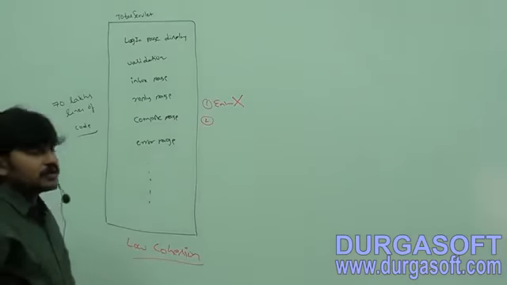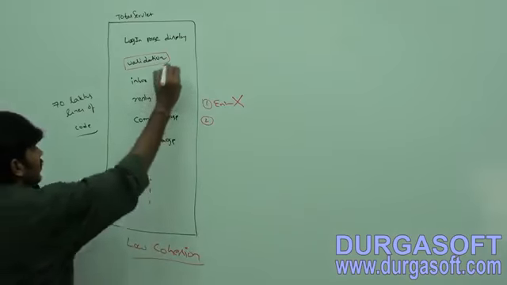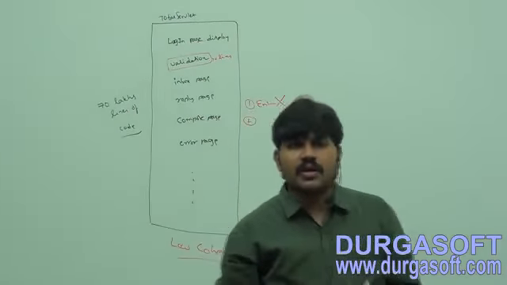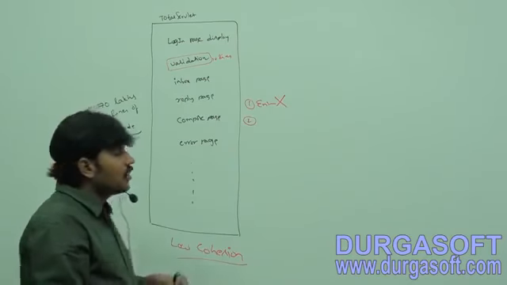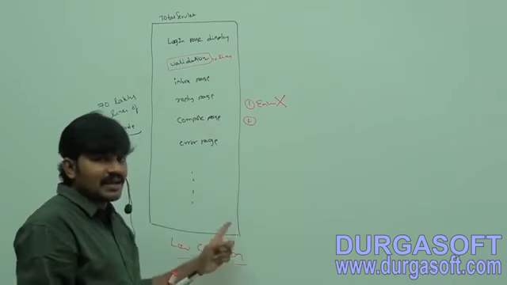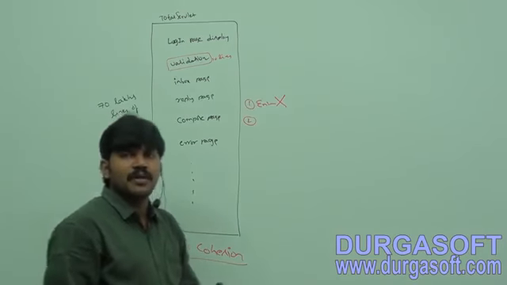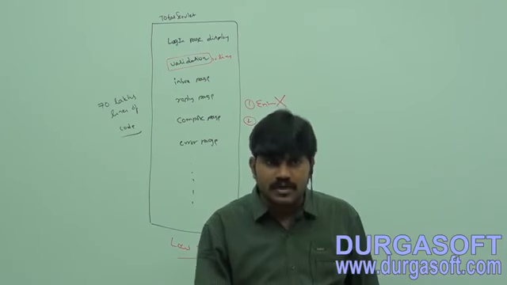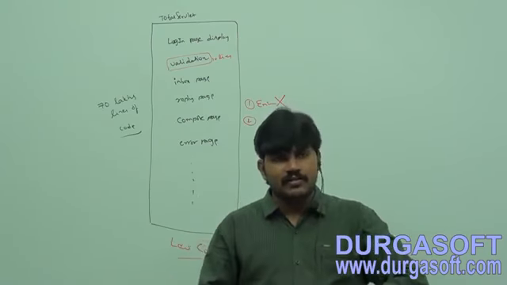Second problem: suppose this validation logic is required somewhere. The validation logic is a matter of 10 lines of code. If I want to use these 10 lines of code somewhere, you can't use them directly. You have to bring the 70 lakh lines of the servlet. Then only are these 10 lines of code available. For the matter of 10 lines of code, bringing 70 lakh lines of code, is it good programming practice? No. Sir, I can't bear 70 lakh lines of code. Those 10 lines of code I can rewrite on my own.